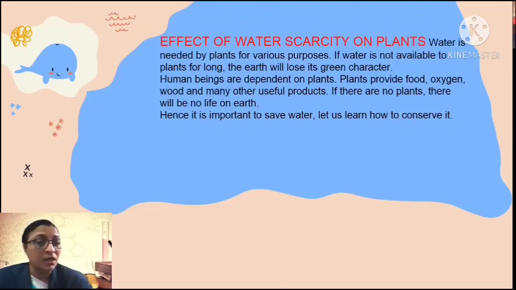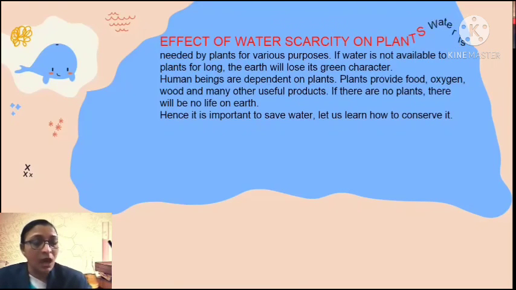Human beings are dependent on plants for food, oxygen, wood, and so many useful products. If there are no plants, there will be no life on the earth. Hence, it is important to save water.